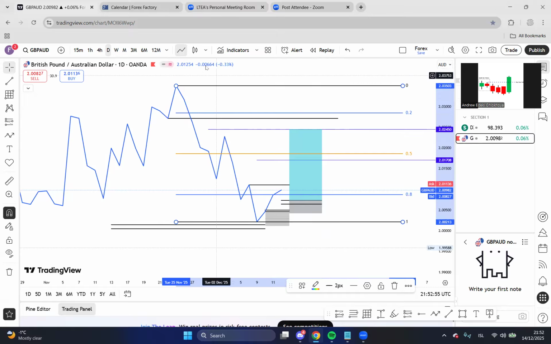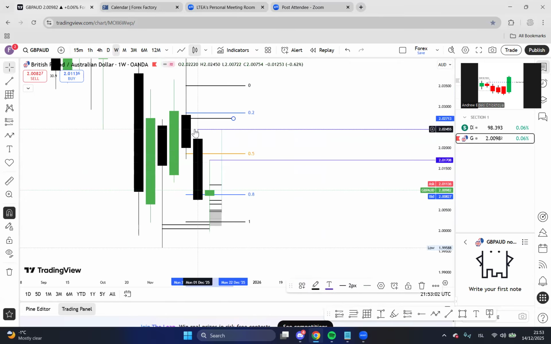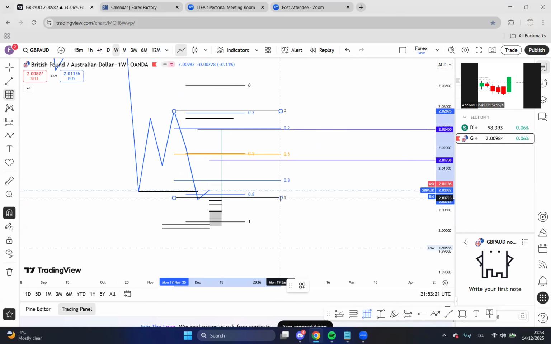And we have a point of interest that has not been mitigated right here. So which means previous week high we were looking at is probably a point of interest that price needs to come tap into this level and run down. Like I say, you can see from the weekly as well, price did break this low. So we need a pullback, even if you feel, like I always say, it's almost the same area. And where is the point of interest? We have this A level,